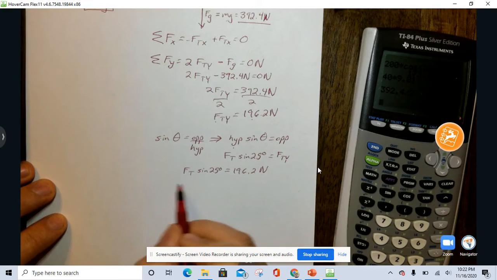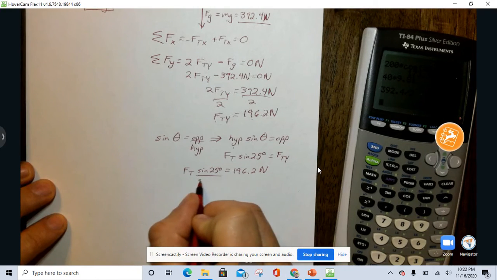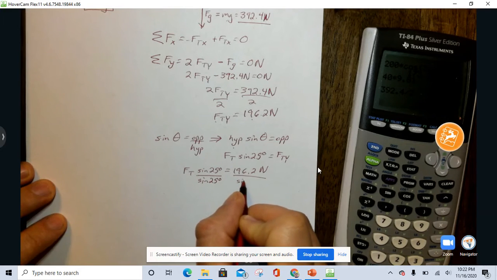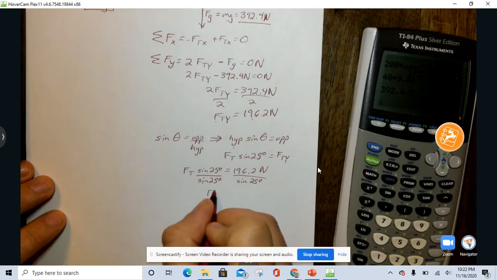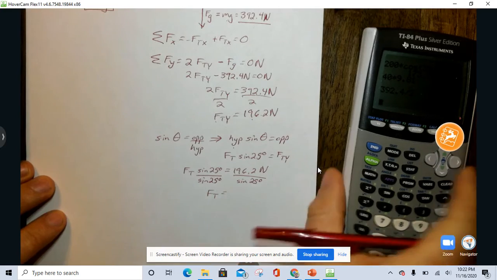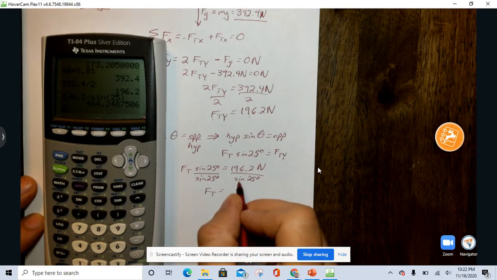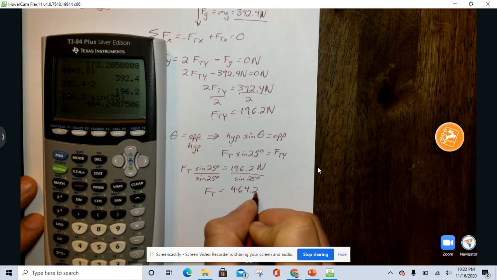And then to find FT, I'm just going to divide both sides by the sine of 25. These will cancel, and I'll get FT equals 196.2 divided by sine 25 degrees. And I get 464.2